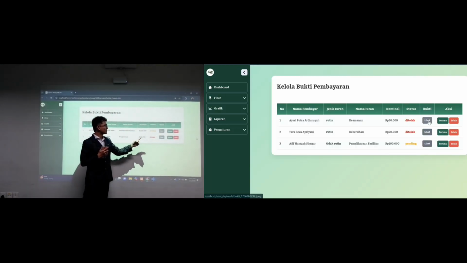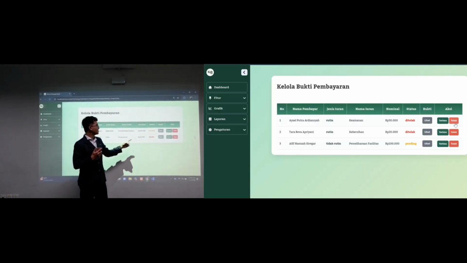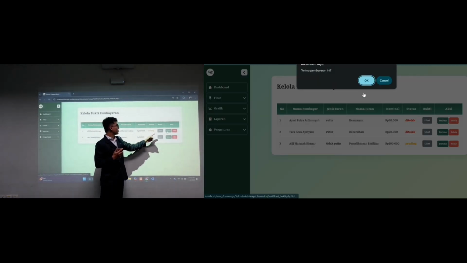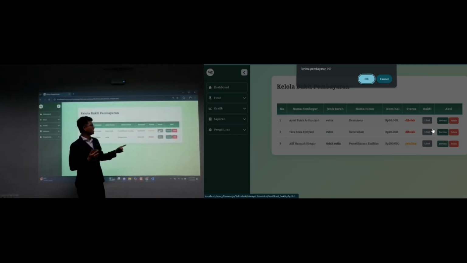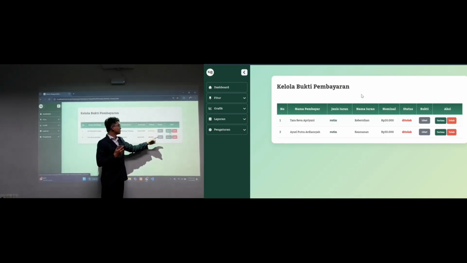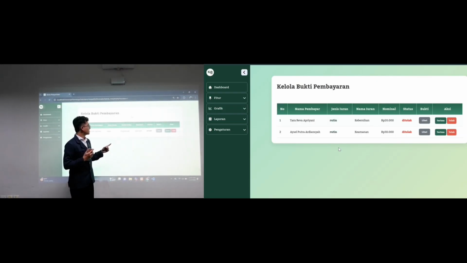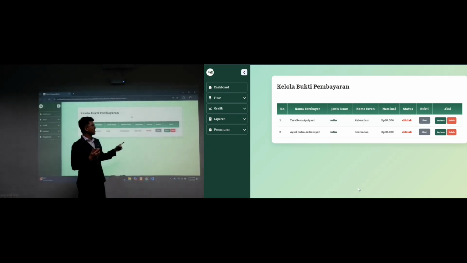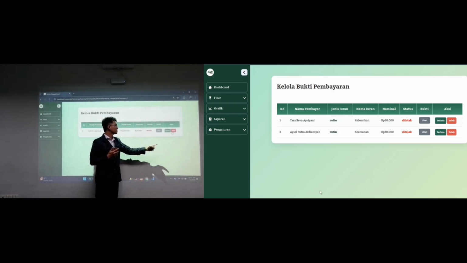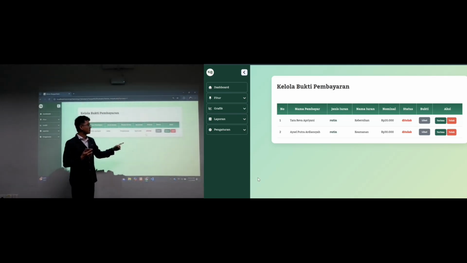You can see the status pending or declined, and we can see the proof too. If the secretary chooses accept, the payment is accepted, and if the secretary chooses decline, the status is declined.